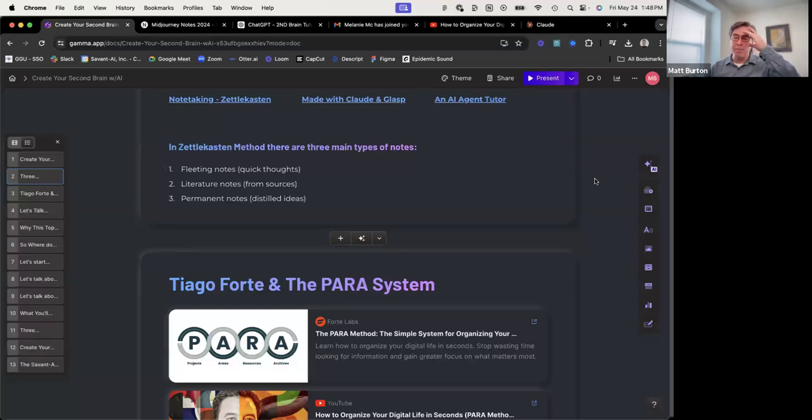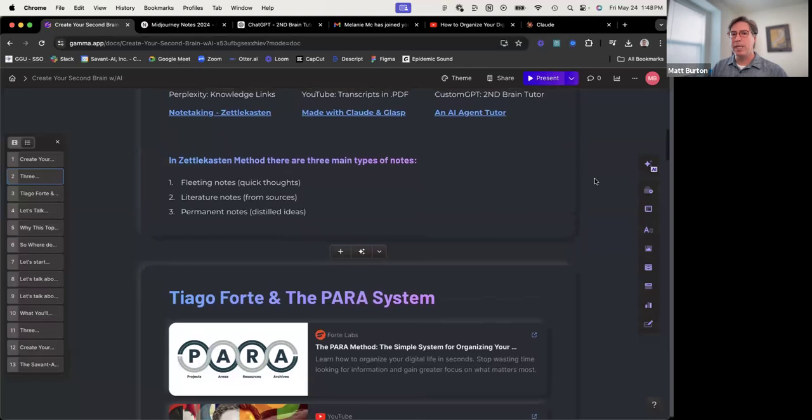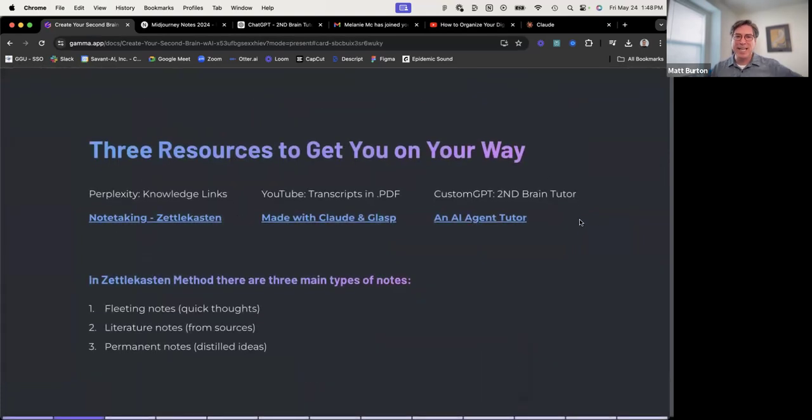So this idea of second brain is really pretty new to me. I'm an enthusiast. I want to include it in my work. That's why I'm teaching it, because it helps me learn it better. But these tools are new to me. And the one that I'm going to commit to ultimately is Obsidian, and I'm going to tell you why in a few minutes. Okay, that was just the second slide, I think.